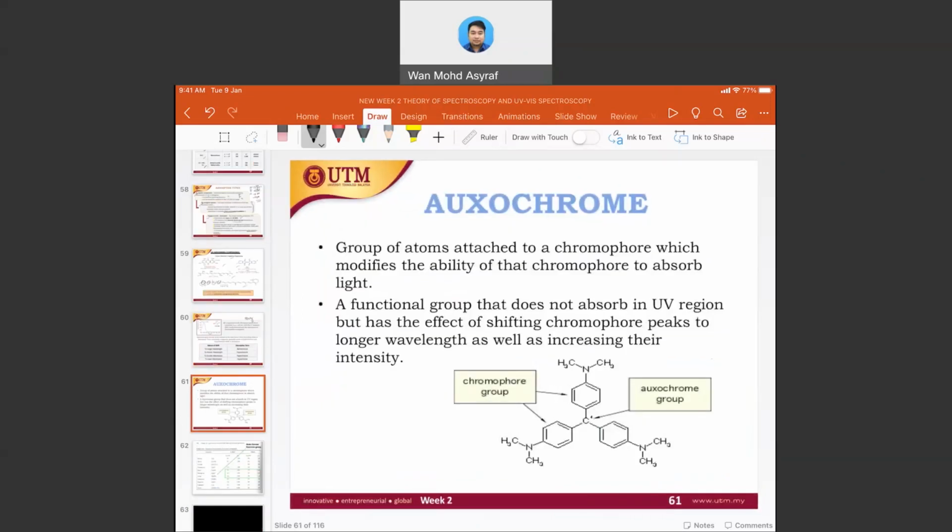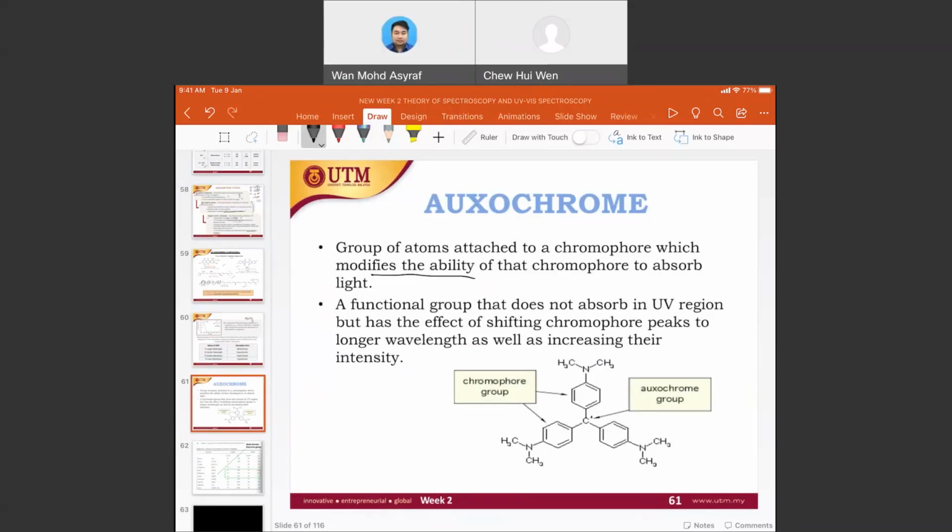So what is auxochrome? We have learned about chromophore. Now we are going to look at auxochrome. An auxochrome is a group of atoms that is attached to a chromophore which modifies the ability of the chromophore to absorb light. Modifies the ability here. You need to be able to understand